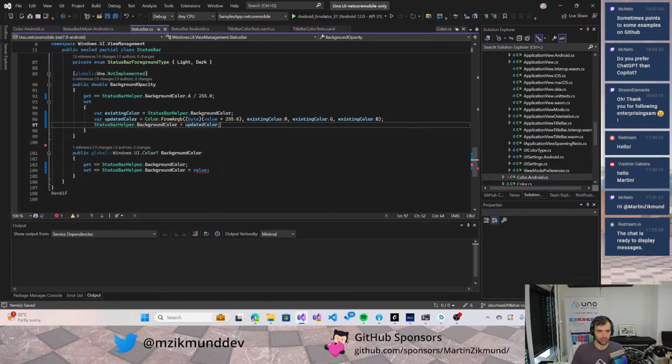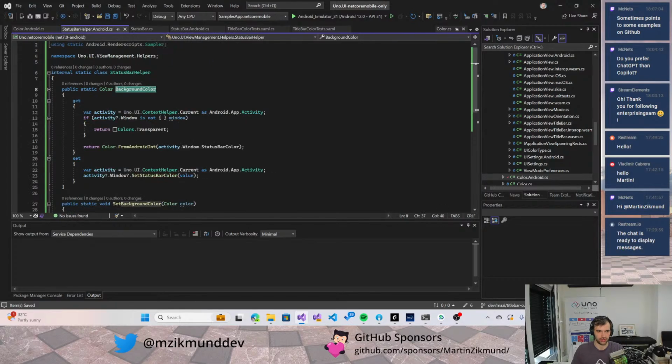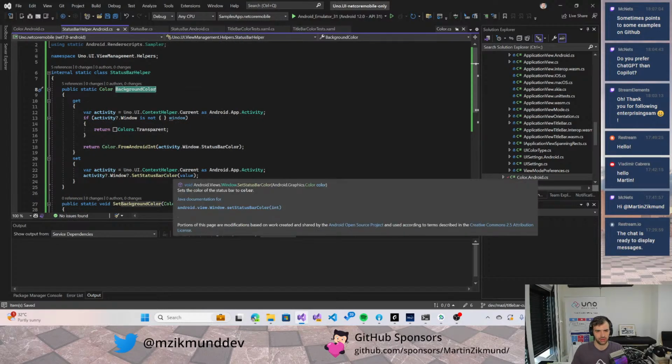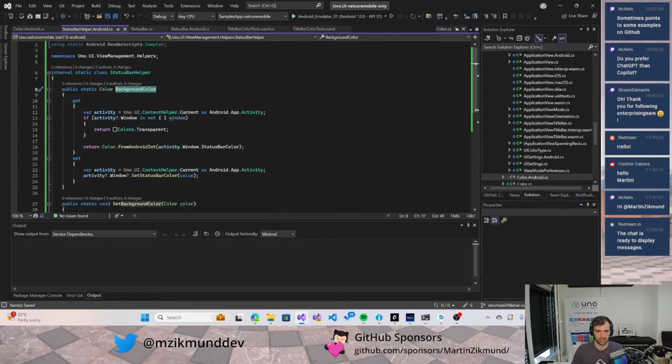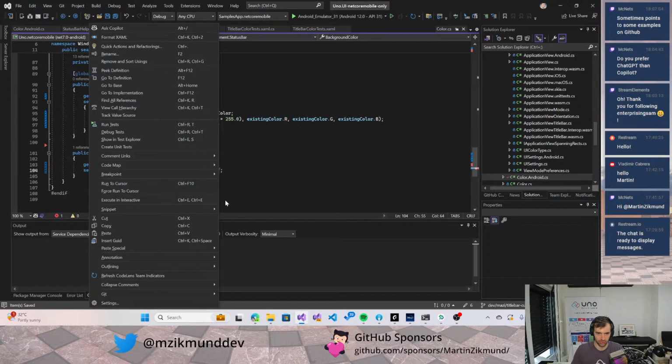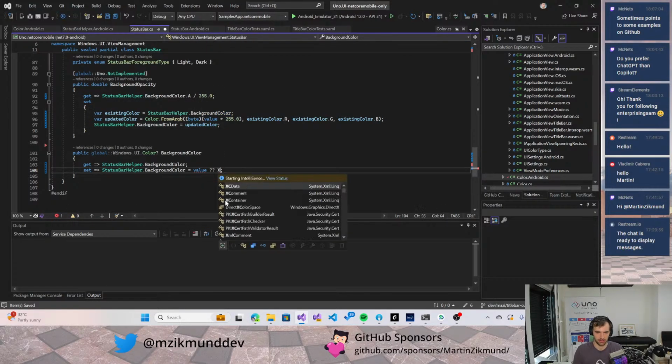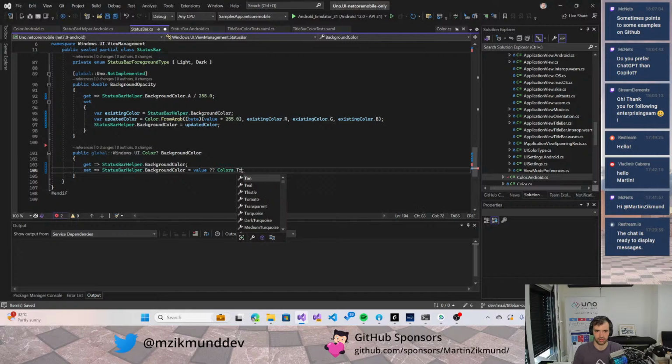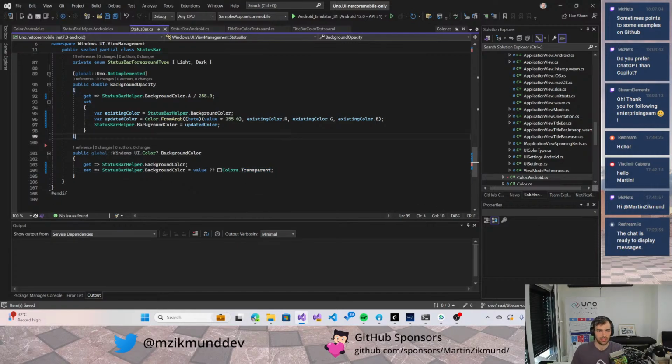So this one is complaining because the color can be null. That's interesting. I'm not sure what should be set when it's null, so I would go with, for now, with colors transparent. Okay, and that should be